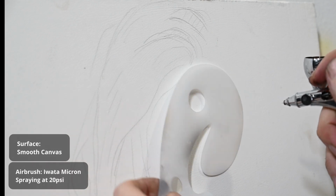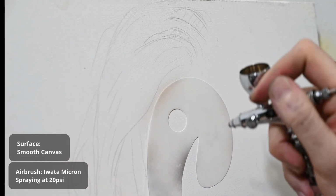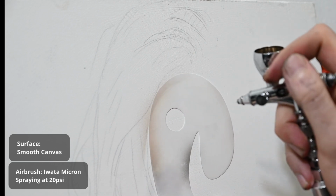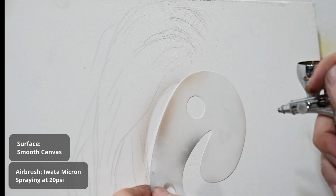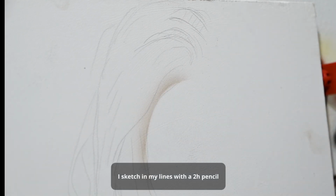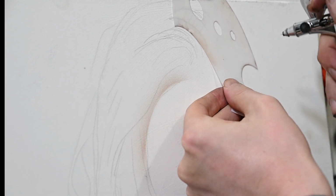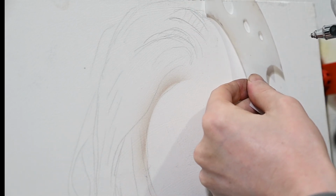The airbrush I'm using is an Iwata Custom Micron, but you could use any airbrush you'd like. Throughout this entire painting, I'm going to be spraying at 20 psi. Now since this painting lesson is for practice, don't worry about trying to get the hair exactly like the reference, just freehand sketch the basic shapes you see. We're not trying to paint an exact replica of the photo reference, so whatever you sketch in will be just fine. The goal here is to add in these highlights and these shadows to make whatever you have down start